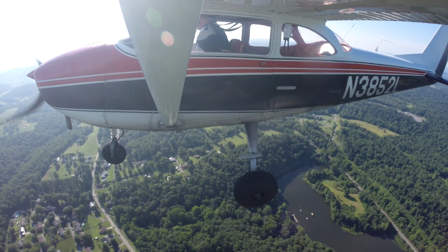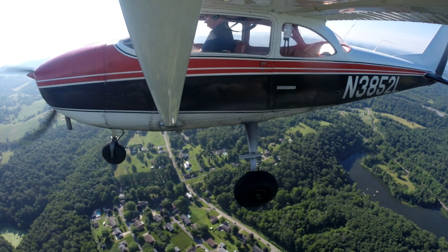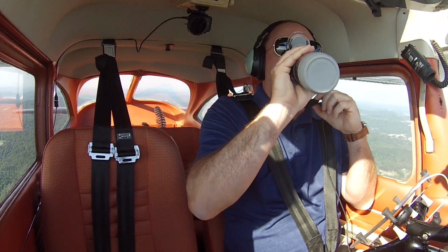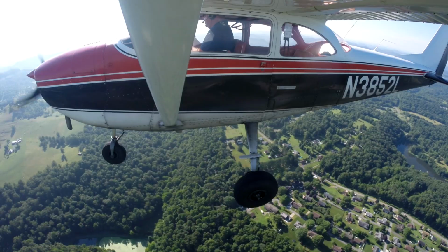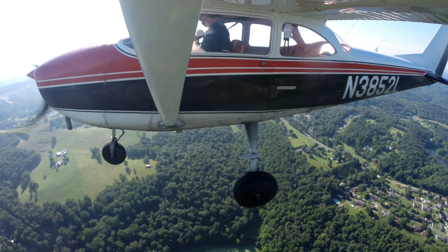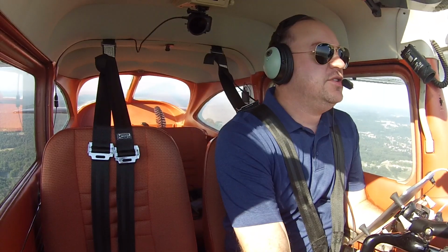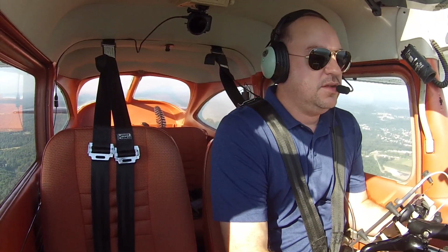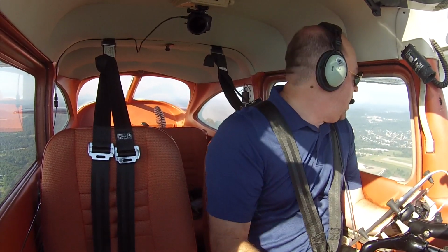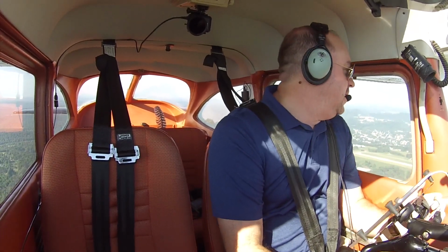All right, we're set up again. Ugh. We're gonna try one more normal landing, then we'll do a forward slip. I really want to try to get touchdown where I want to touch down. Just a little bit better control over that. Just for the check ride, I needed to demonstrate on a normal landing that I can touch down